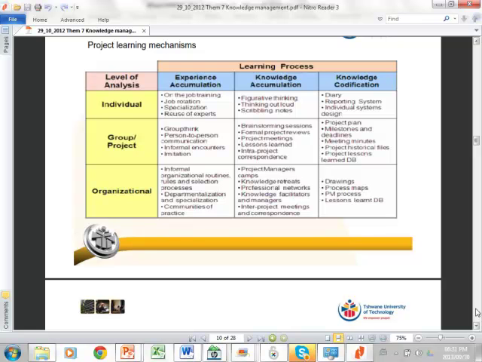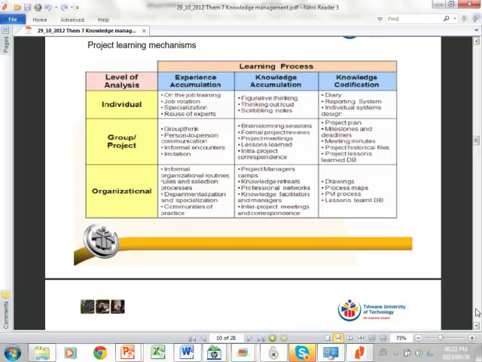So if the child has put their hand on the stove and they've burnt their hand, if they're outside by the braai, you can tell them, but remember when you burnt your hand on the stove, it's going to be the same pain. And they're much more likely to then listen to you. Okay, and that's where the knowledge accumulation happens.